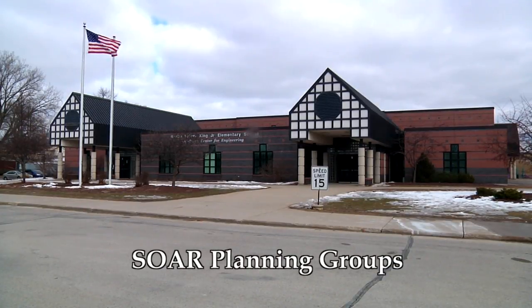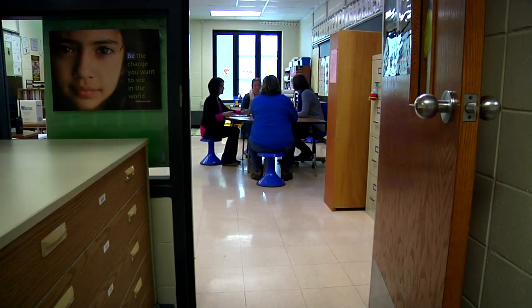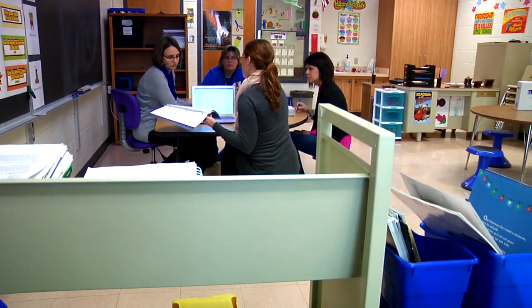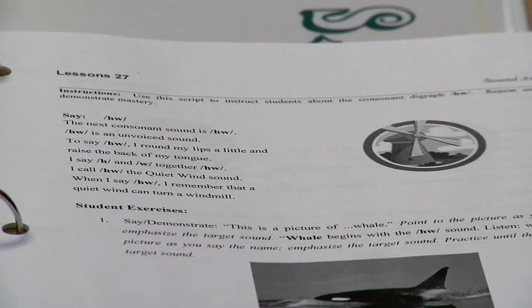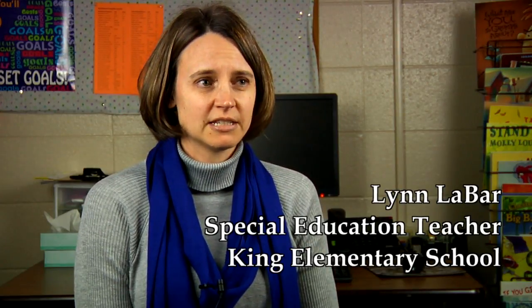And what we do is we meet once a month, the special ed team with the regular ed teachers who share students that are showing a bigger gap between their reading scores than their peers. When we meet, we talk about a targeted skill in the area of reading as a way that we can close their reading gap. And then with that targeted skill, how we're going to go about teaching it, presenting the lesson to them,